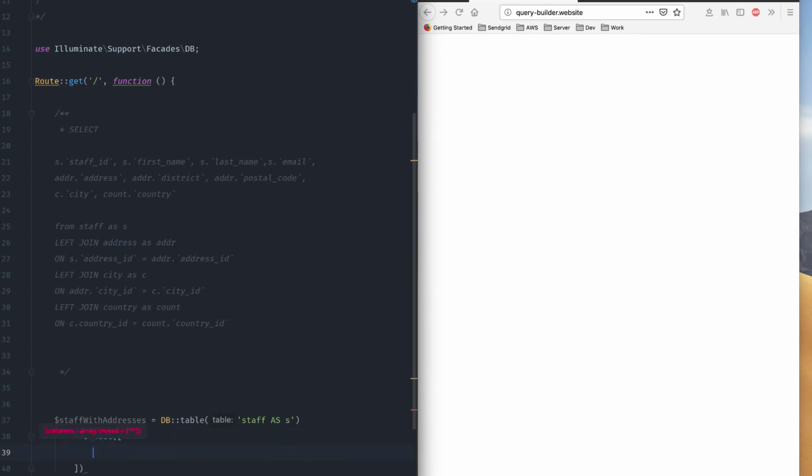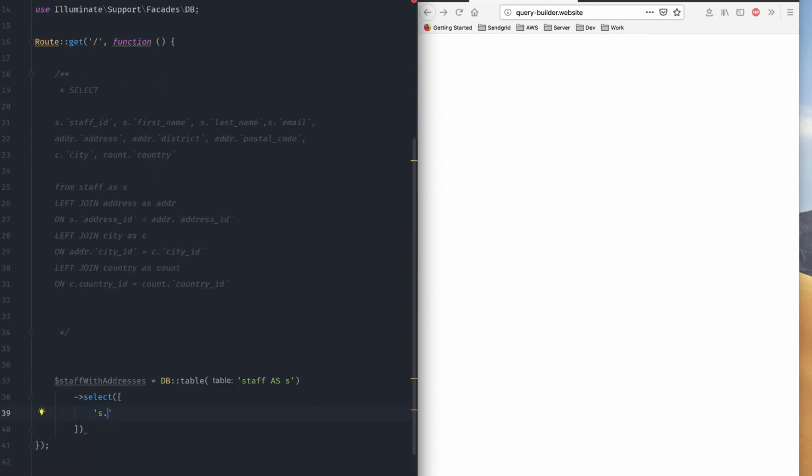So I'm going to basically pass it an array. You can just pass it in the select construct as well, and I believe it calls the call user func array, is it? Yeah, so it just gets all the parameters from there, but I like to pass it in as an array just for consistency, really, right? So I'll ask for the staff ID, and then we have the first name, then we have the last name, and then we have the staff email that we require,